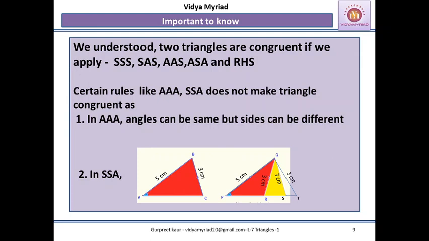If I talk about SSA, that is side, side, angle, if you look at the diagram, in the first option there is 5 centimeters and 3 centimeters and there is one angle. In this second diagram I have shown that this 3 centimeter side can be far away, near, in any direction. It may not be equal. There can be only one chance when it can be equal, otherwise it is different everywhere. The 3 centimeters you can draw in any way, it is not fixed. So we can say that the triangles will not be congruent.